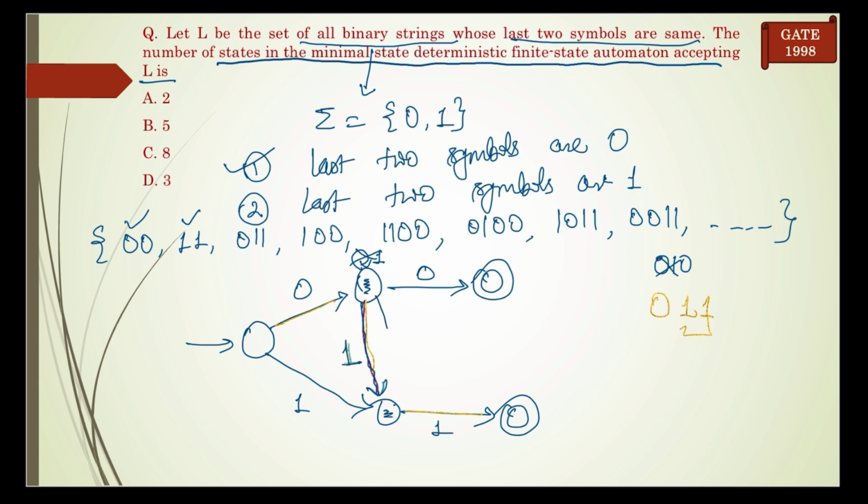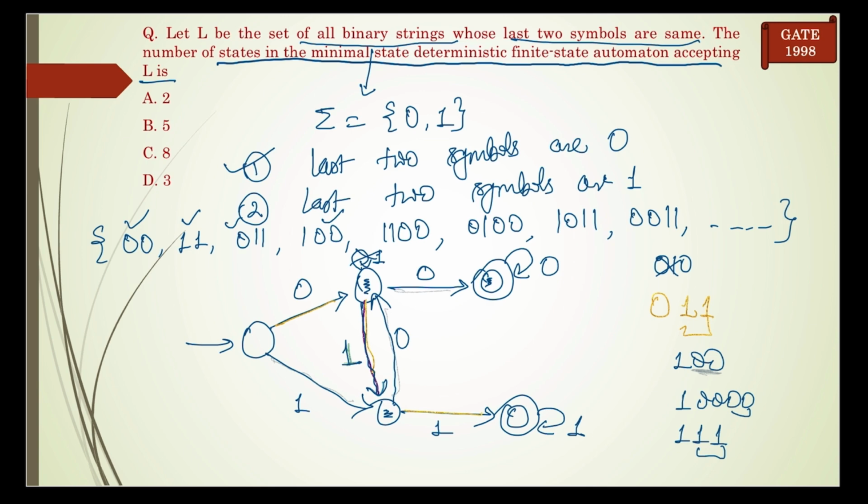Same, when I have to define the transition of 0 from this state, it will be defined here. So in that case, it can accept 1 0 0. How? 1, 0 and 0. So in that case, last two symbols will be same. Now I have to define the transition of 0 from here and 1 from here. So I can apply the self loop because at the end you can take any number of times, you will always end with the same symbol. Same, I can apply the self loop of 1 here, because in that case it will always end with the same symbol 1. Last two symbols will be 1.